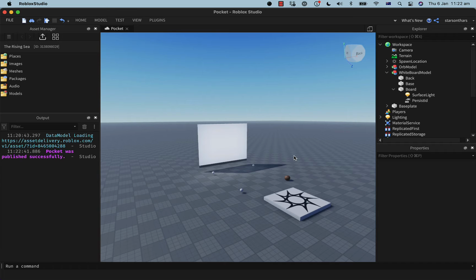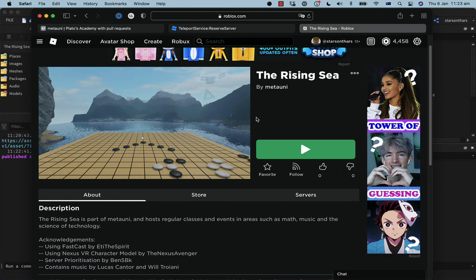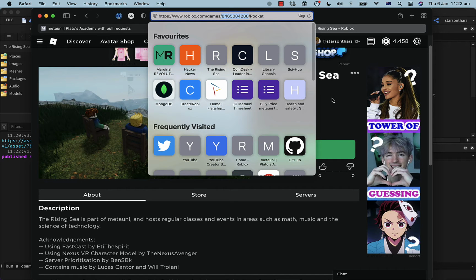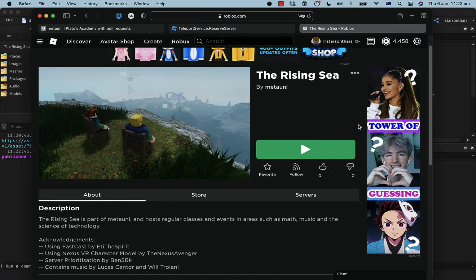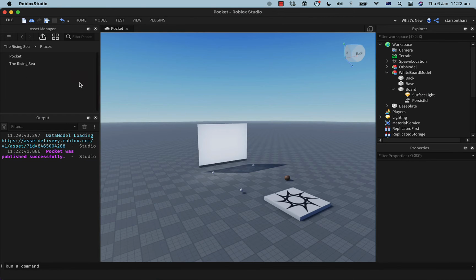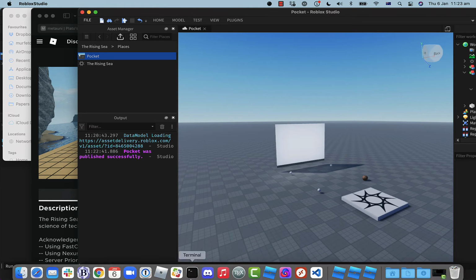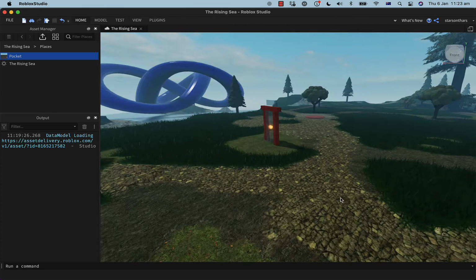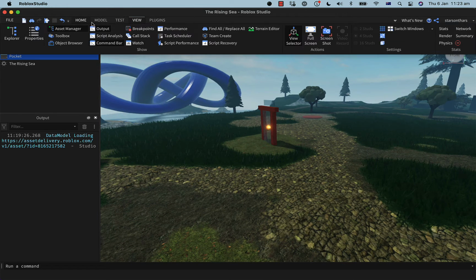Okay, so what am I going to do? Now it exists. How do I actually get its ID? For TeleportService, I need the place ID. I usually grab that from a URL, but that's surely the actual game ID. Ah, that's easy. Okay. Now I can have both that and the other parent world open. Okay, come here, teleport.